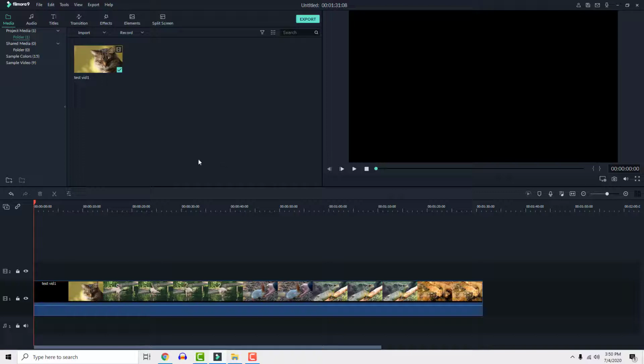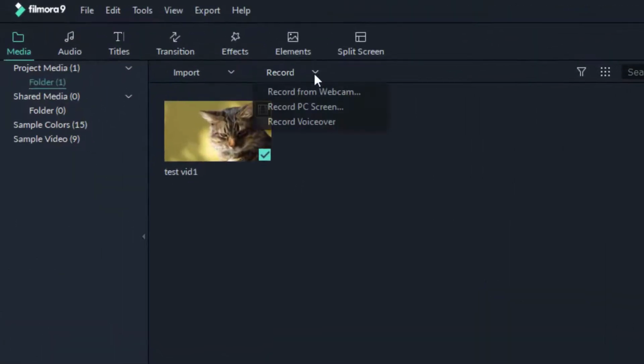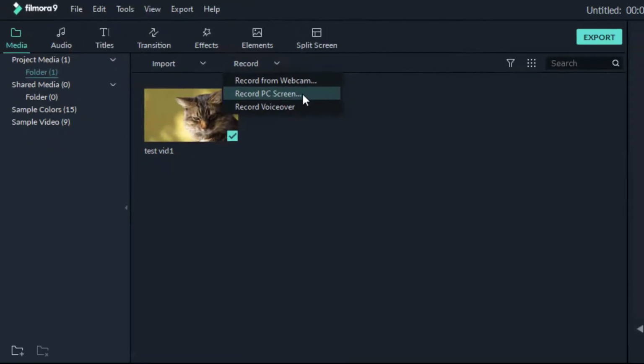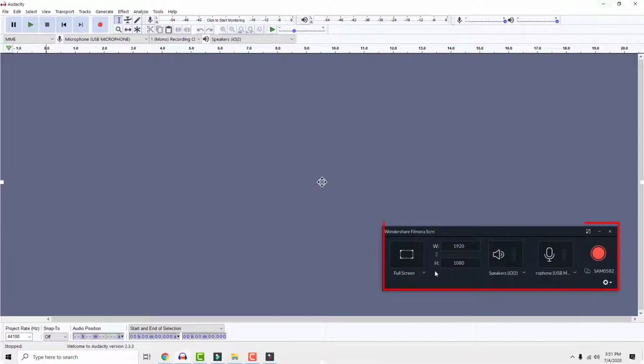To record your PC screen, go to the media. Over here, click this record drop-down menu and choose record PC screen. You'll get this recorder toolbar. You can record full screen, or if you want to record only part of the screen, click this arrow and